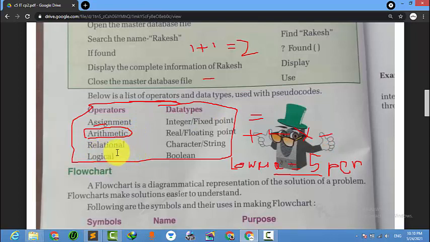Relational are this kind of operators, okay: greater than, less than, less than or equal to. So relational means comparing something. Then logical or boolean. Suppose a statement: LAWMA is having 6 pens, is it true?